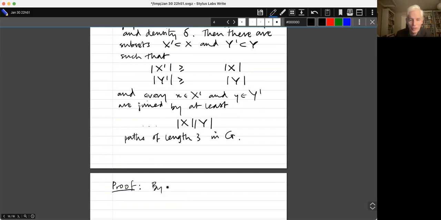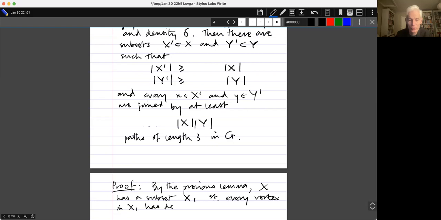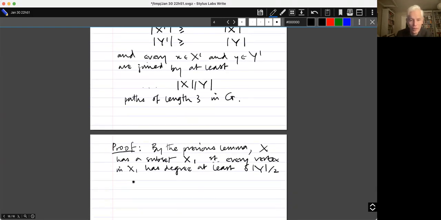So by the previous lemma, X has a subset X1 such that every vertex in X1 has degree at least delta times the size of Y over 2. That's trivial, it could be empty, but now I'm going to say